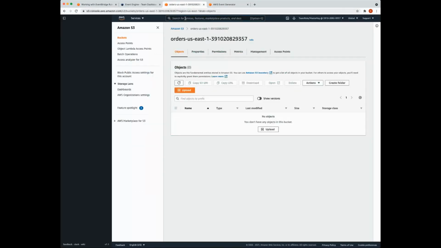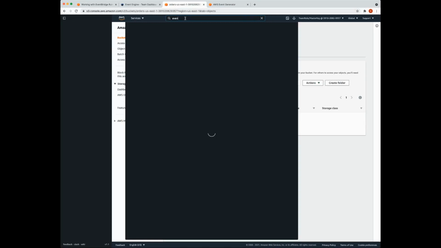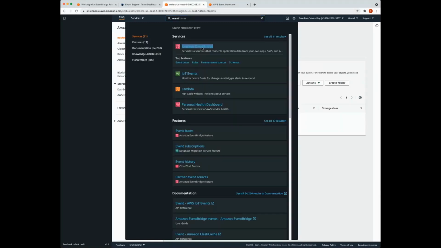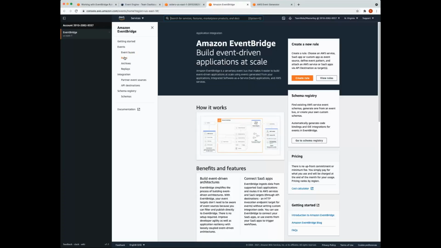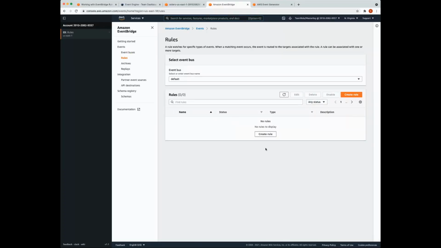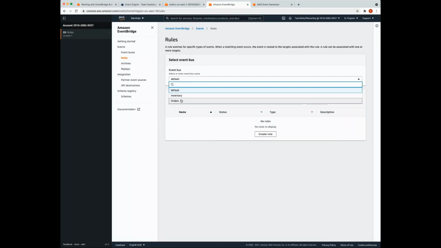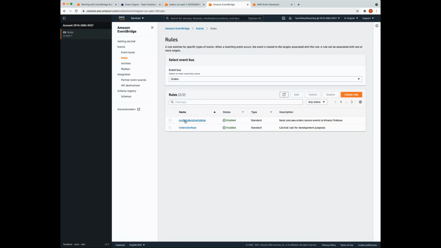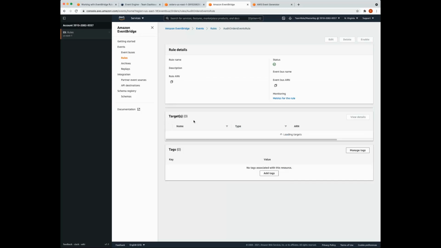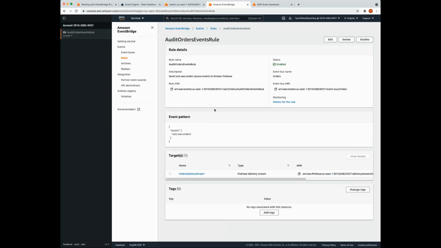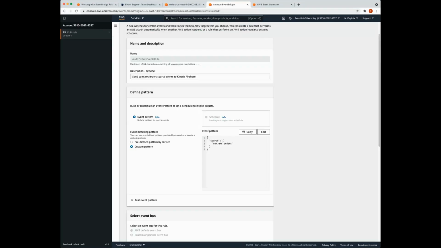So let's actually go back here and verify that our rule was configured correctly. Should be our audit orders events rule. All right, so we have the correct pattern here.